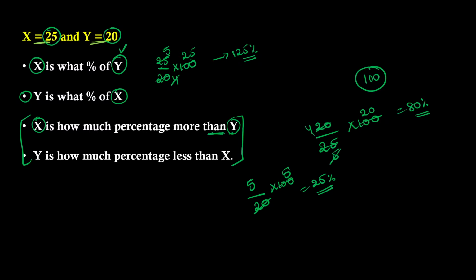Let us look at the next question of y is how much percentage less than x. Y is how much percentage less than x. This time we are calculating the value on x. X should be the denominator, the value of x being 25. Difference between x and y should be placed in the numerator. That's 5 multiplied by 100. So if you calculate this, 5 times 5, 25. So your answer will be